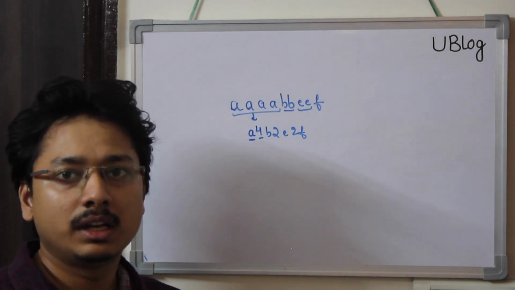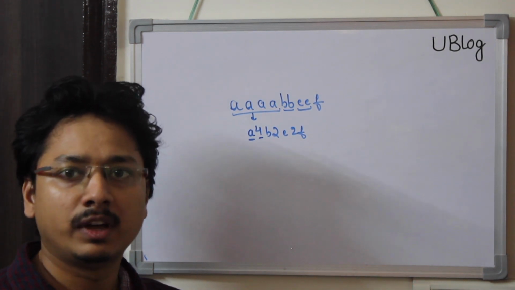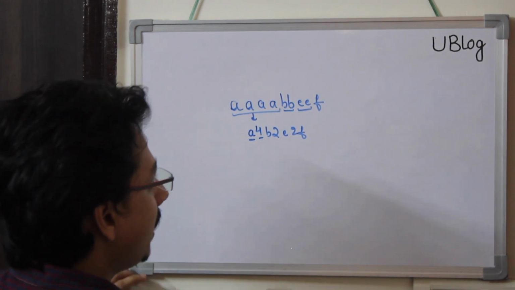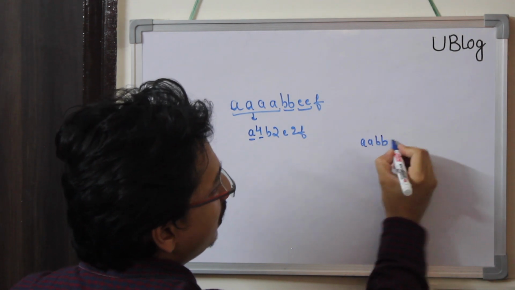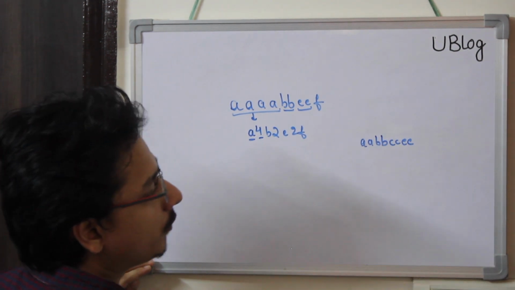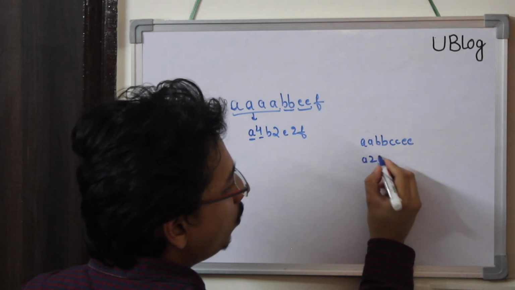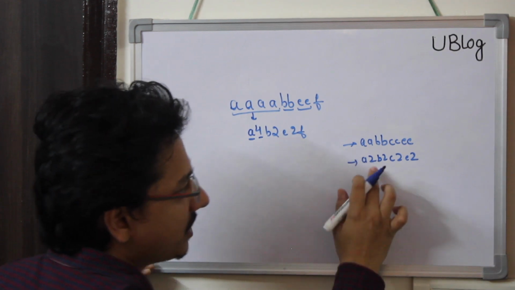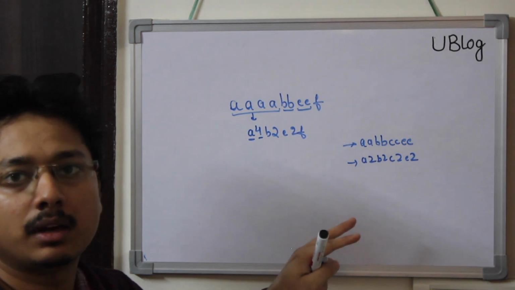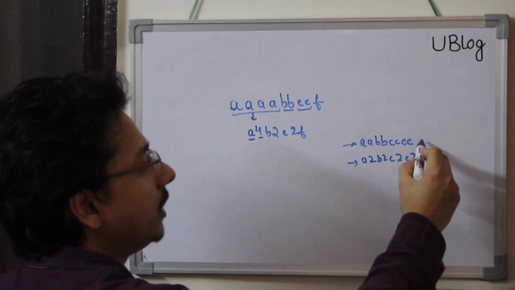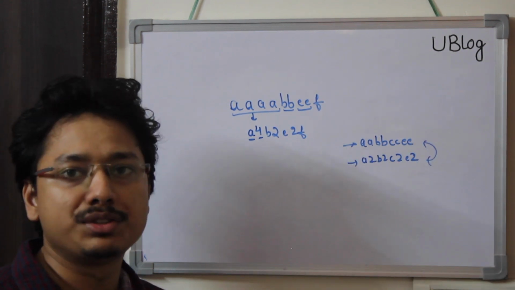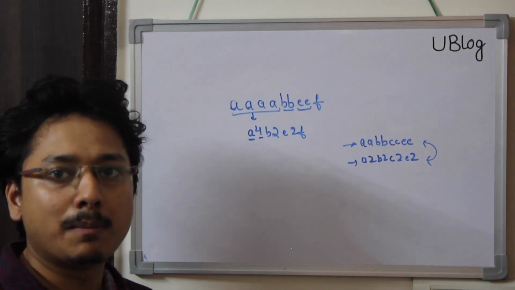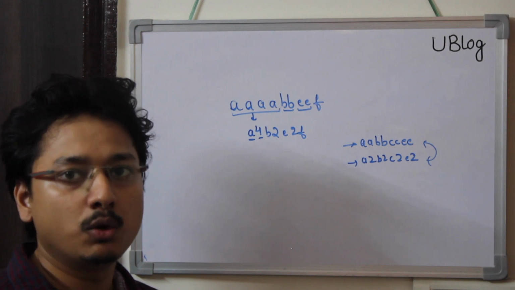And there is one more constraint: you can only compress the string when the compressed string has a length which is less than the original string. For example, my string is A, B, B, C, C, E, E. What will be the compressed string? It will be A, B2, C2, E2. So the length of the original string and my compressed string is the same. In this case I will not compress the string because they are of equal length, and I just return the original string. So this is another constraint: I need to compress the string only when the compressed string has a smaller length than the original string.